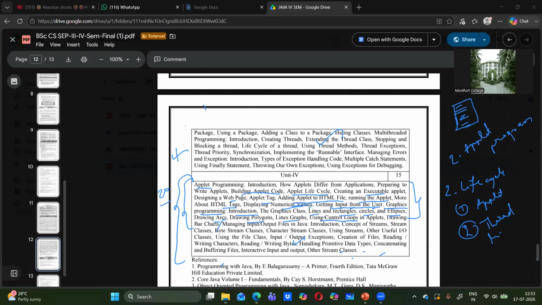And finally, we have control loops. By using a for loop, how we move an object from one place to another place, that also I have explained in the video. Please go through it. For using control loops in applet, you can take one program we have in observation. In practical, we have one program,